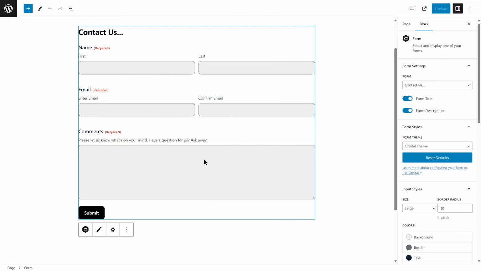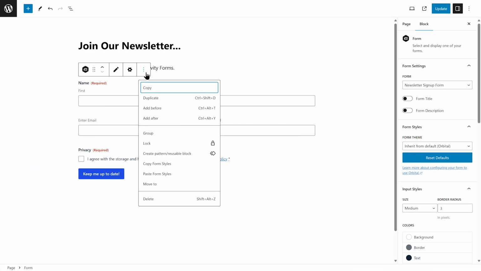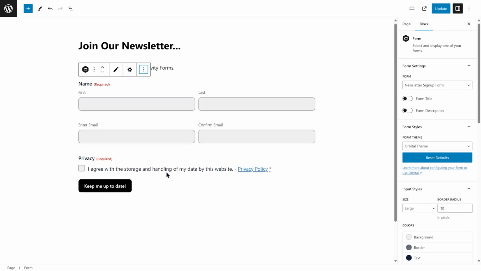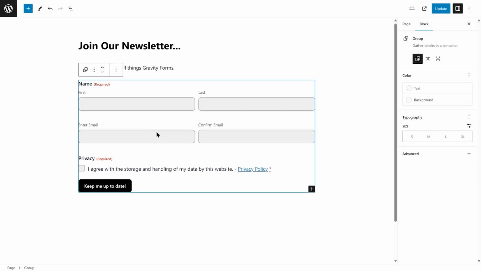Once you get your form looking just right, there are ways of applying the styles to other form blocks. Simply navigate to the Block Options menu and select Copy Form Styles. Then, you can go to any other Gravity Forms block and select Paste Form Styles. You can even add a Gravity Forms block to a group and add styles to the group to help the